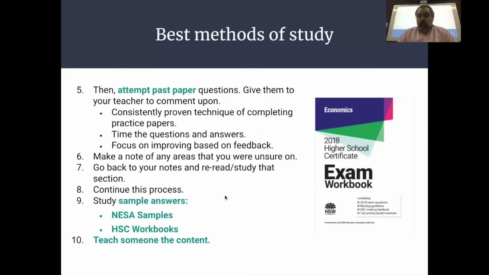Okay. Sample answers, big fan of sample answers. To me, sample answers show you what's expected. They show you the standard. You can see the image here, and the HSC exam workbooks, they're not published every single year for every subject. Your local library, I've seen these around in local libraries, even your school library, your teachers probably have them as well. I think of the sample answers as two things: one, to show you the standard and what's required,